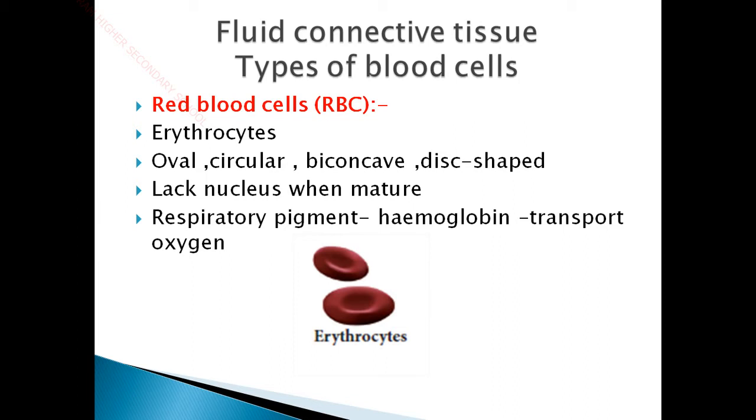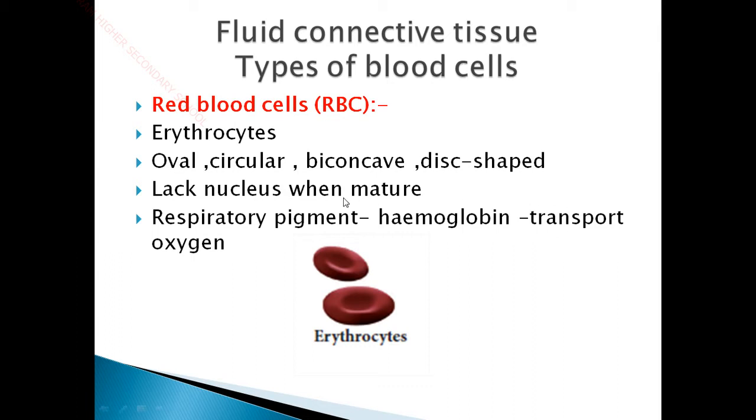And also the red blood cells are very important, as they give the red color to our blood. So the blood is red in color due to the presence of the respiratory pigment called hemoglobin. A pigment is nothing but any agent which gives color to a particular substance. The leaves are green in color due to the presence of the green pigment chlorophyll. Likewise, our hair is black in color due to the presence of the black pigment melanin. Likewise, our skin has a pigment called keratin.